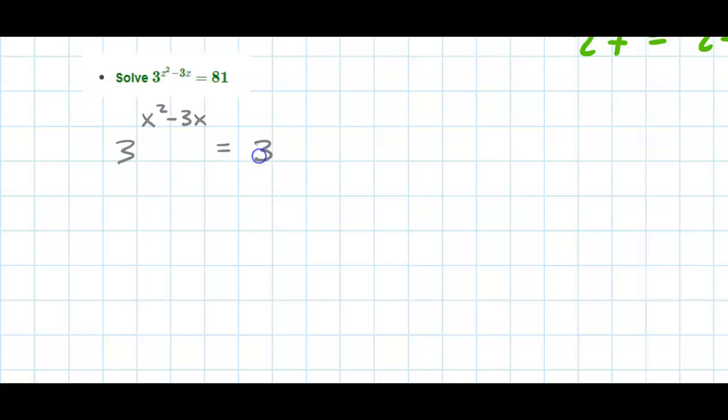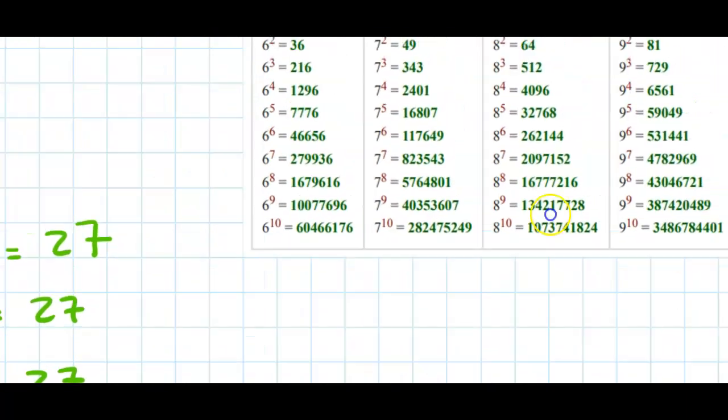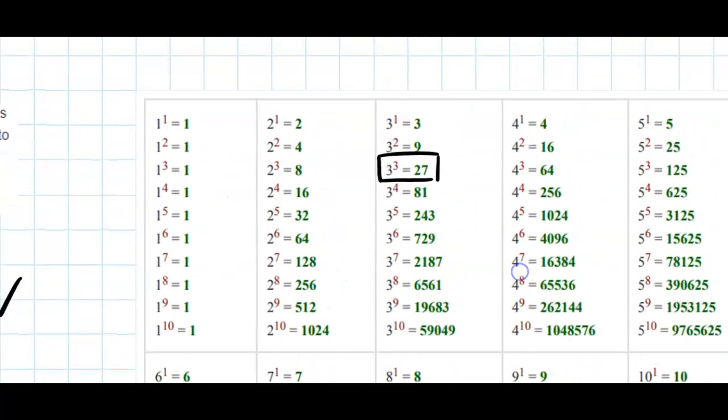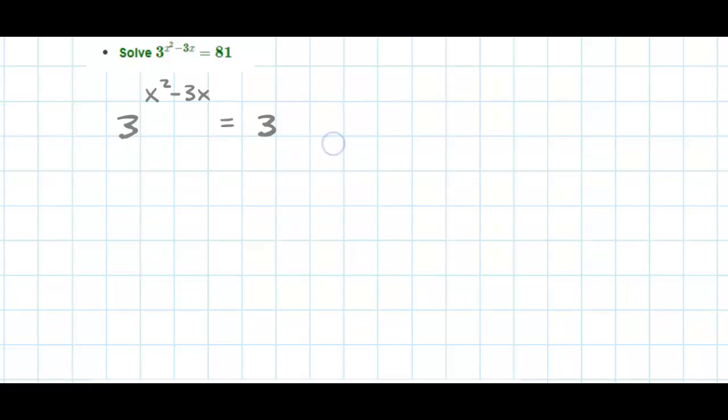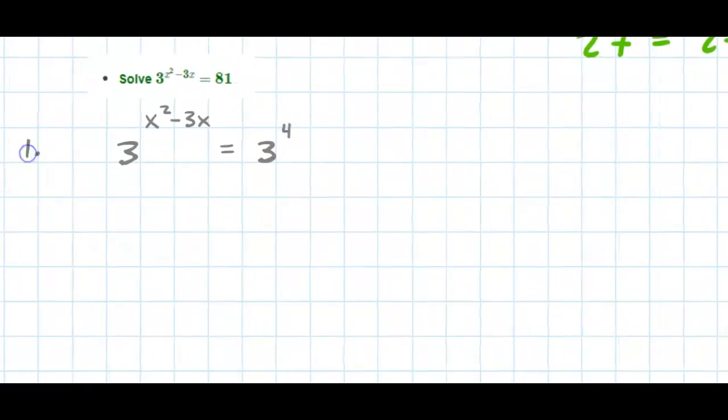The goal is always going to be to turn the bigger number into the smaller base. So I'm going to see if I can turn 81 into base 3. 81 is 3 to the 4th. So I've completed step 1. I've got a common base. Step 2 is I'm going to set my exponents equal to each other